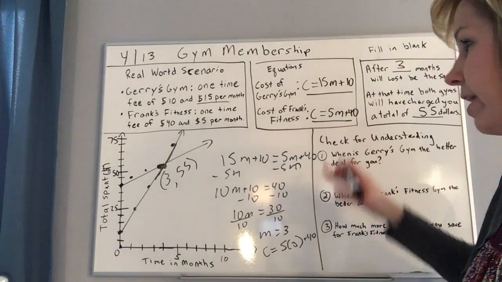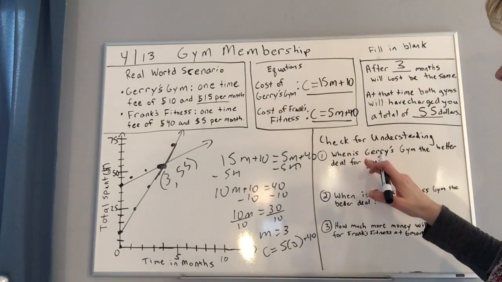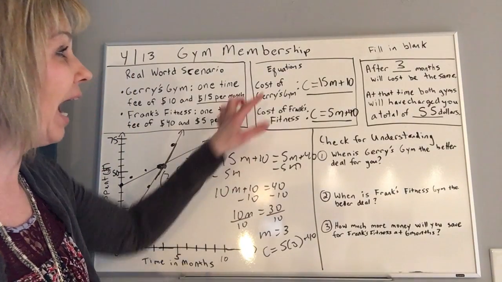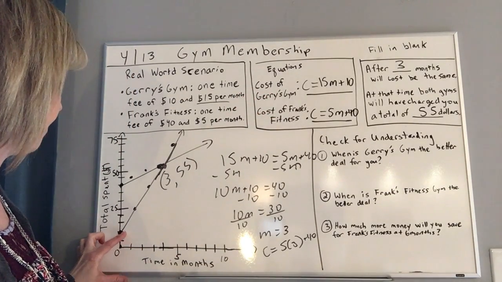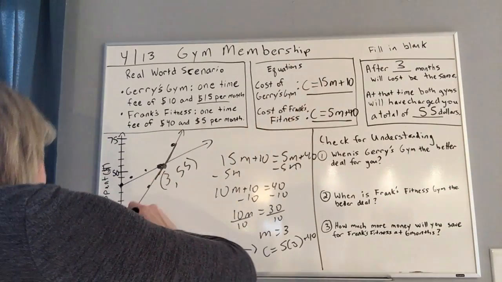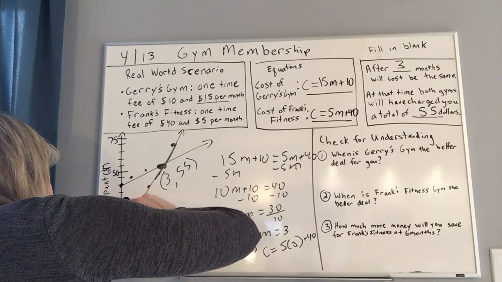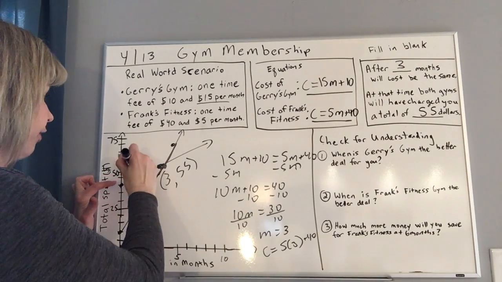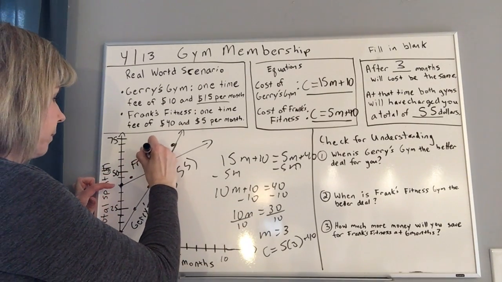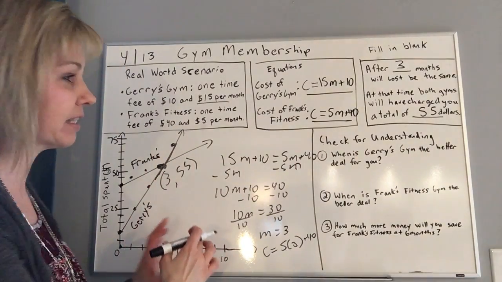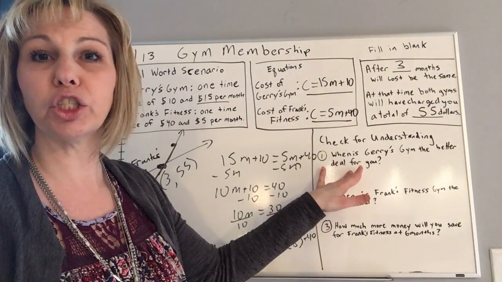So let's do some of the analysis questions. Okay, so when is Jerry's... this is probably my bad here. When I first graphed it, I would label my graph. The one that starts at 10 is Jerry's, and the one that starts at 40 is Frank's. So then when I answer my questions, I can go back and easily look at it. So when is Jerry's gym